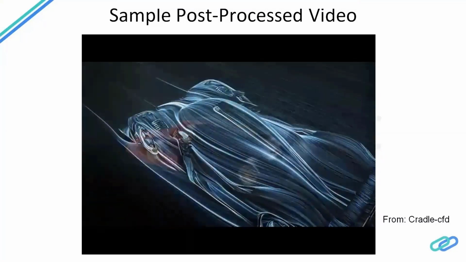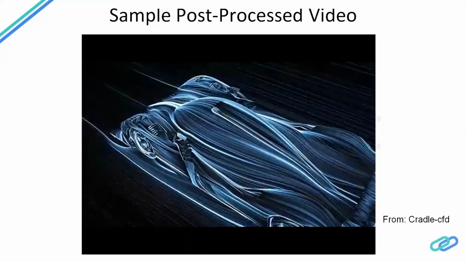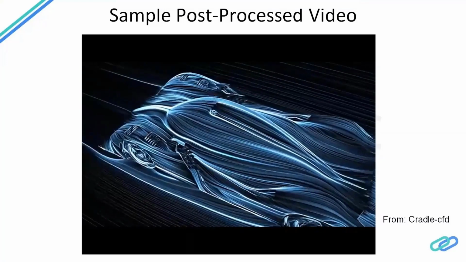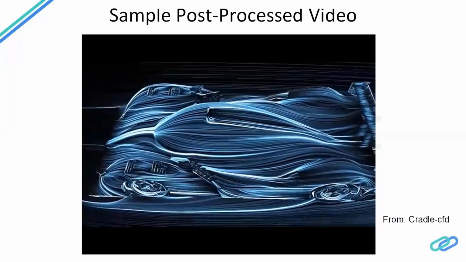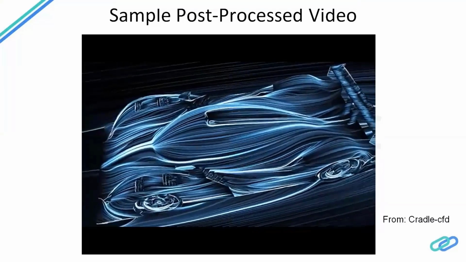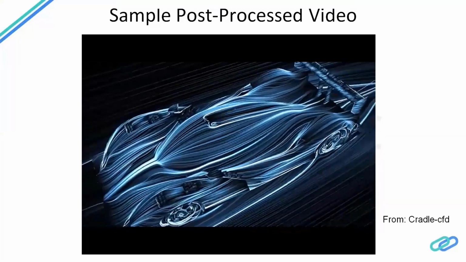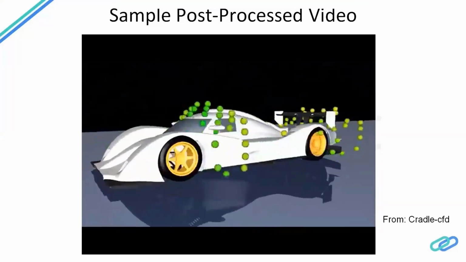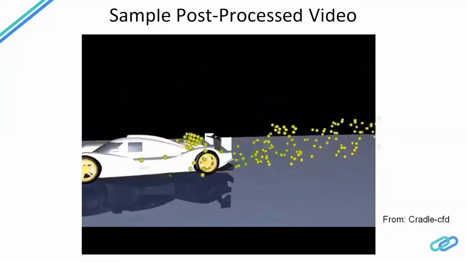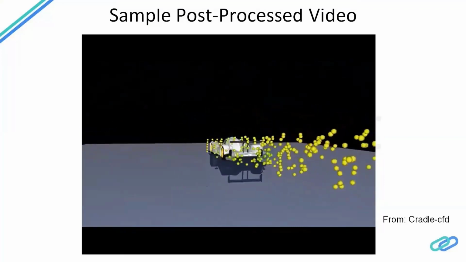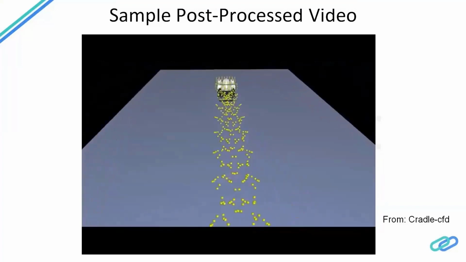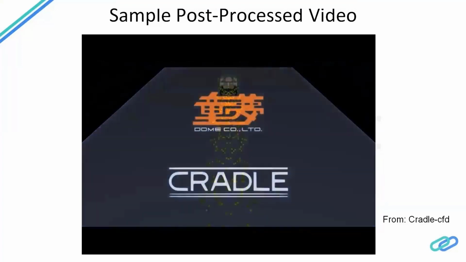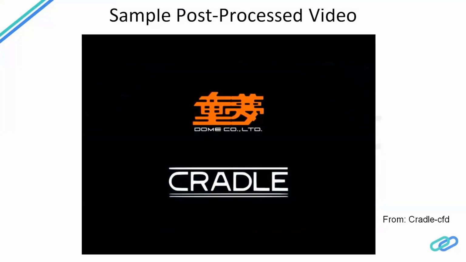This is the oil pattern. If you have oil painted on a body and the flow is happening, we get oil patterns. So we can create similar post processing on this particular body. These are the particles moving from one part to another to show how the wake region is getting affected, and how the patterns are formed in the form of particles. If you observe, there is a particular pattern over there. This was developed by Cradle itself.